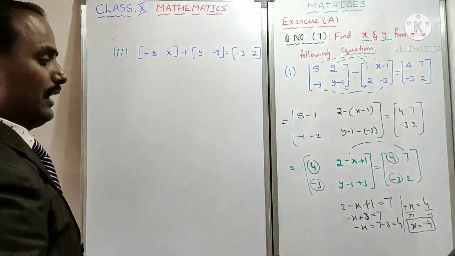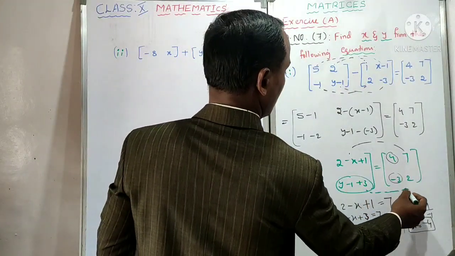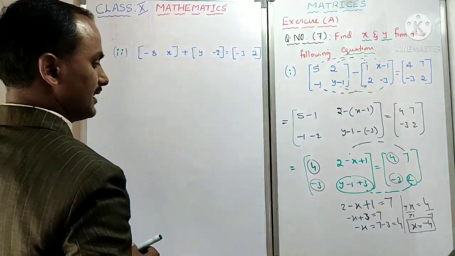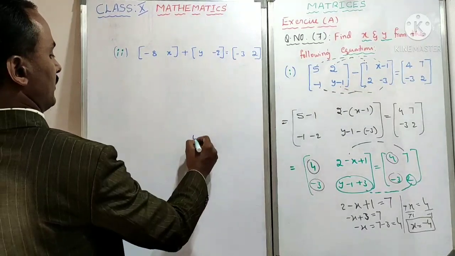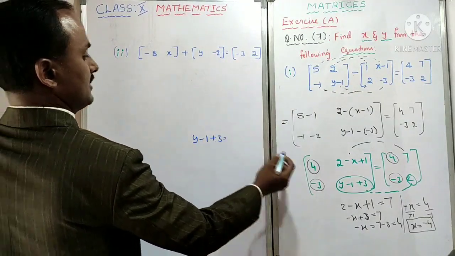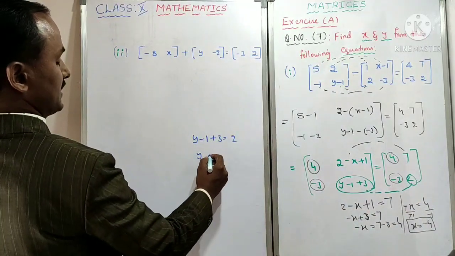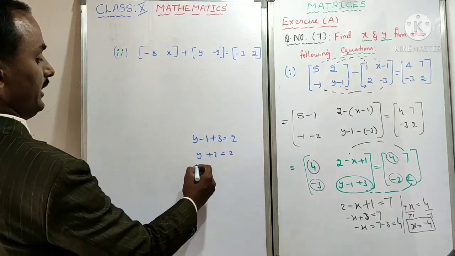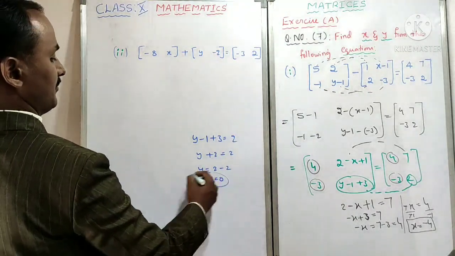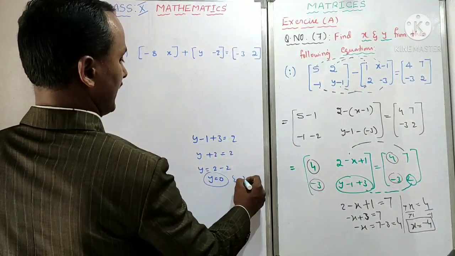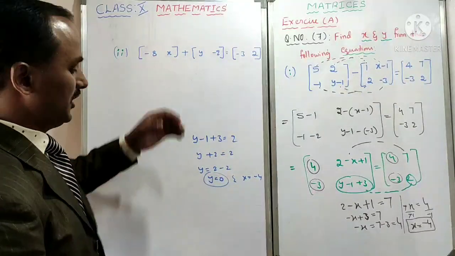How to find the y value? Very easy. See now, this term is compared with this one. Yes, understanding? Now I will continue here. Observe carefully. y minus 1, y minus 1 plus 3 is equal to 2. Now y minus 1 plus 3 became plus 2 is equal to plus 2. Finally y is equal to 2, plus 2 goes to the other side, minus 2. y is equal to 0. Finally we got it. x is equal to minus 4, y is equal to 0. Easy, is it? In the same way I will continue this one also.